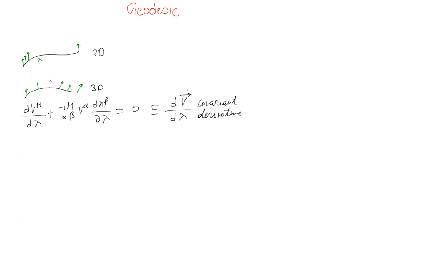So, given a closed loop in 3D, the vector does not come back to its original orientation, but in 2D it happens. If you go along a closed loop, then the initial vector matches the final vector, same as what I explained before. Now there's an important property which we will discuss, called geodesic, that instead of parallel transporting a random vector, let's parallel transport